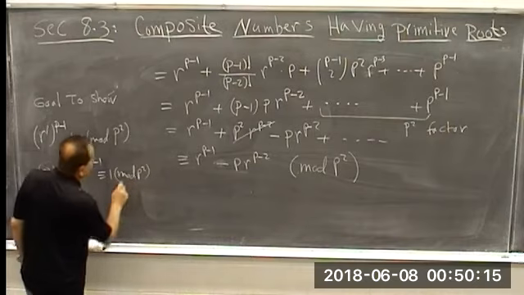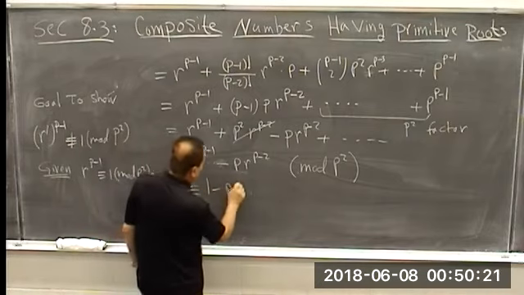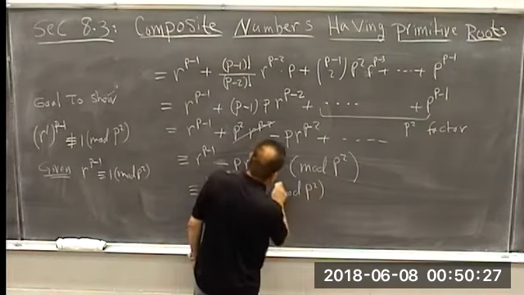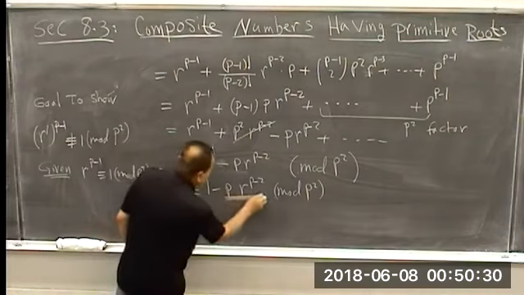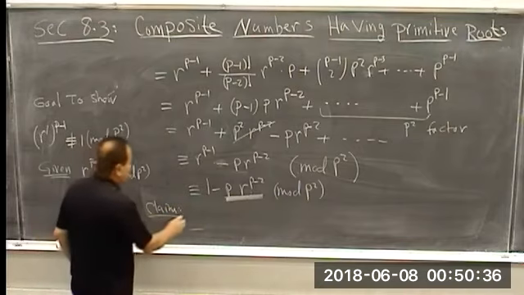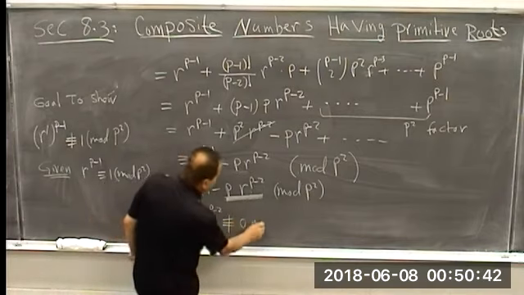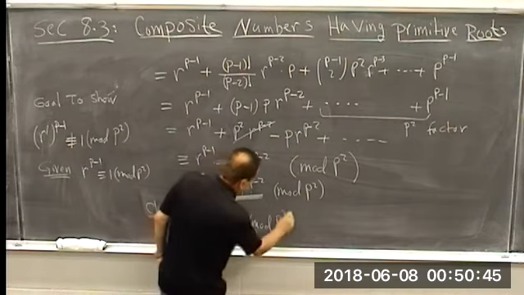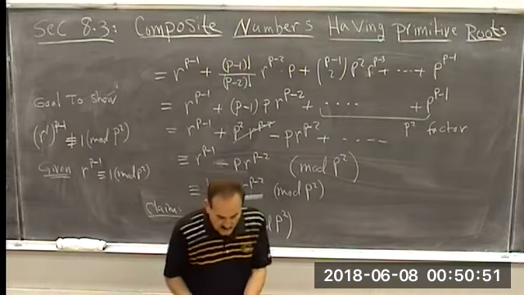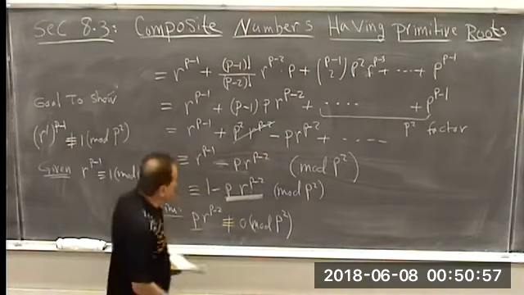So this is true. In other words, we can say it is congruent to 1 minus p r^(p-2) mod p squared. I claim that this is not congruent to 0, that p r to the p minus 2 is not congruent to 0 mod p squared. All right? And to see this,